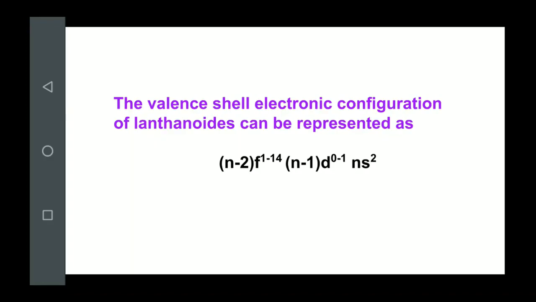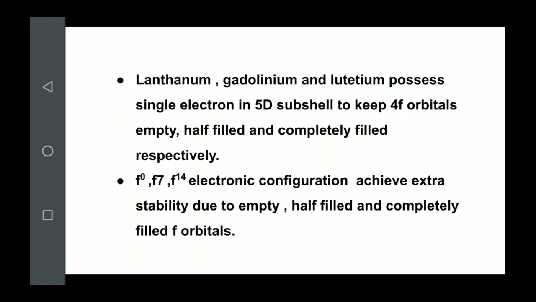n is your outermost principal shell, then the (n minus 1) d orbital may contain 0 to 1 electron, and the (n minus 2) f orbital may contain 1 to 14 electrons. So in the case of lanthanoids, your principal shell n is 6, then n minus 1 is 5d and n minus 2 is the 4f orbital. Now lanthanum, gadolinium and lutetium possess a single electron in the 5d subshell to keep 4f orbitals empty, half filled and